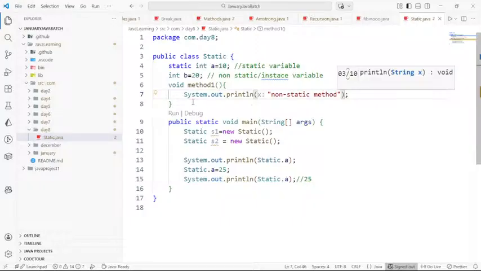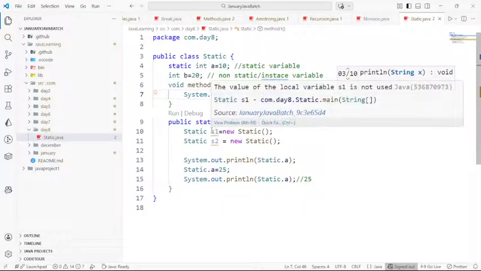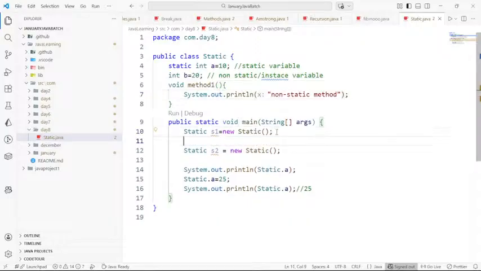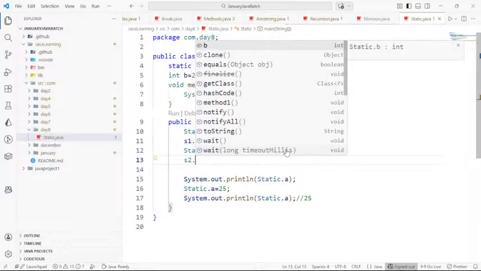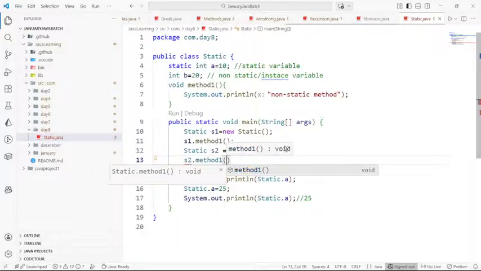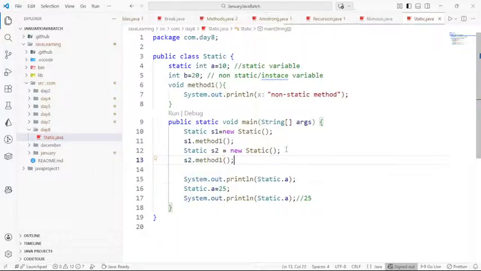Suppose you want to access this method, how can you do it? Simply you create an object and call it by using the object reference, s1 dot method1. Like this you have to call it, right? We also saw this in the methods concept. But for the non-static case, s1 dot method1 is different and s2 dot method1 is different. Everything will be different. That means how it will be stored in the heap memory is